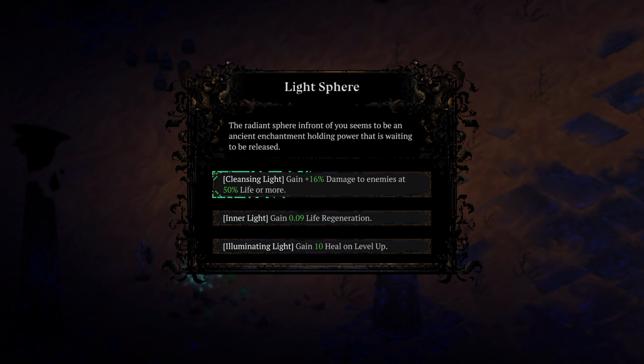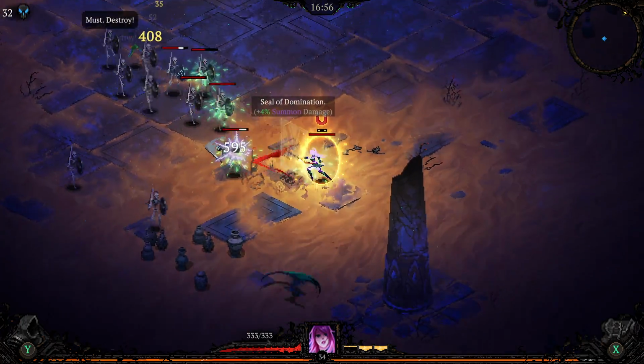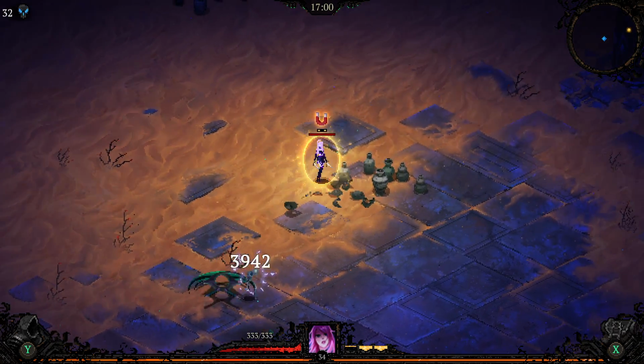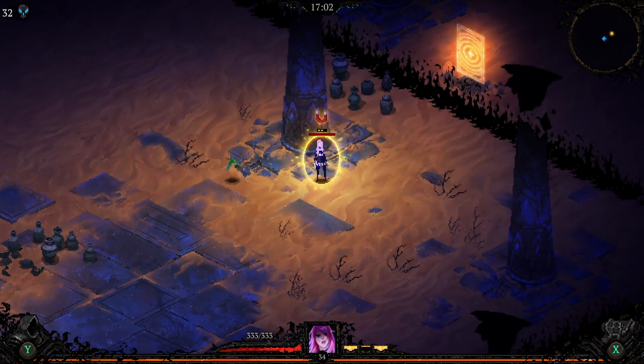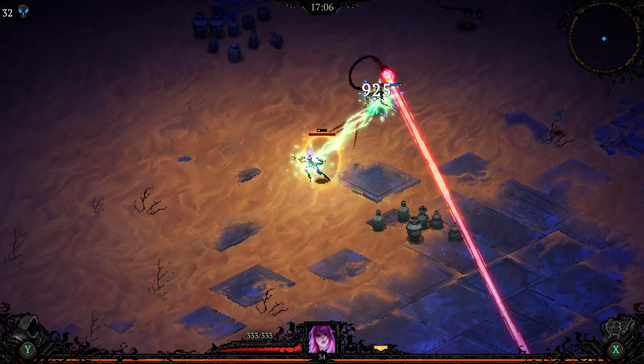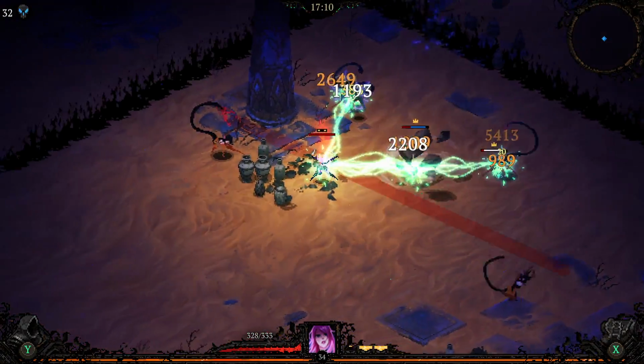Let's do the damage. I don't think we really need the life regen because it feels like we're doing pretty well right now. We're barely taking any damage, to be honest. We have relatively high armor. We have pretty good life. I don't have a revive on this character, so...